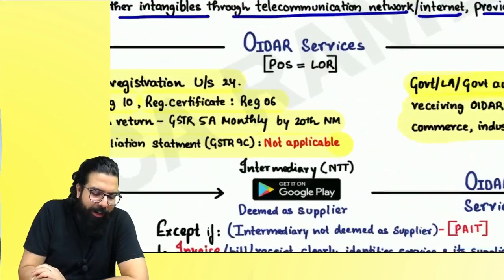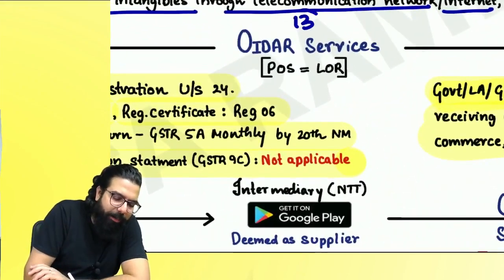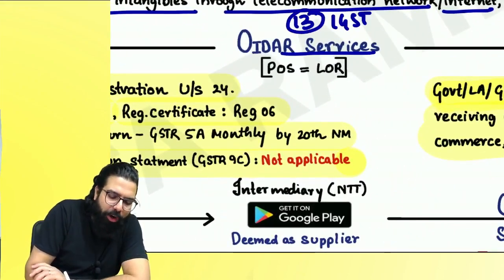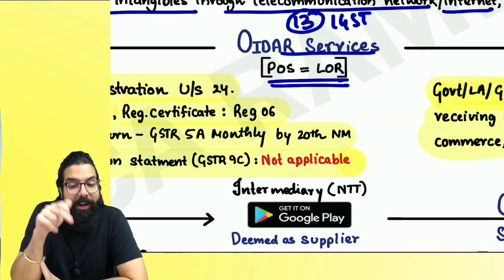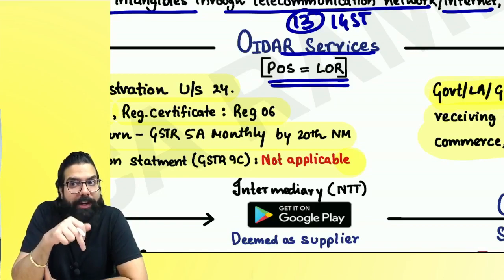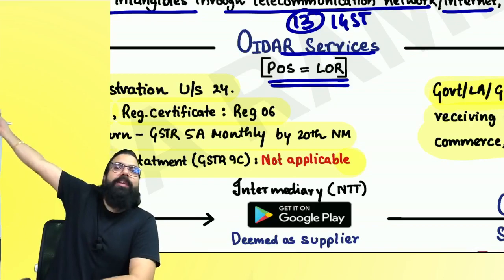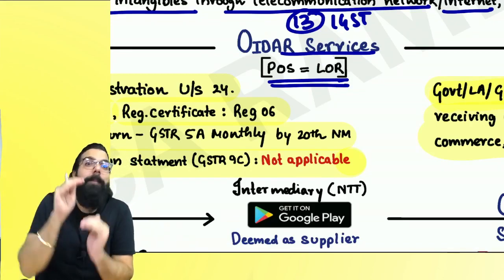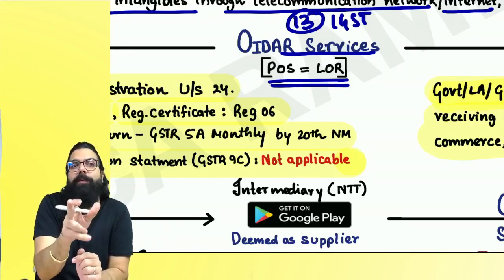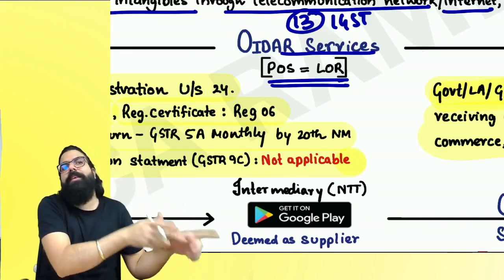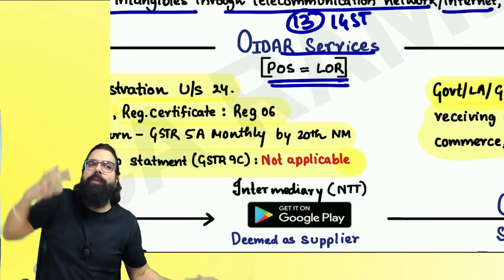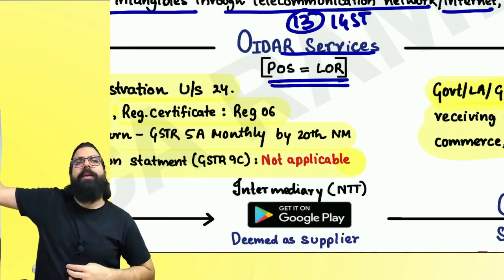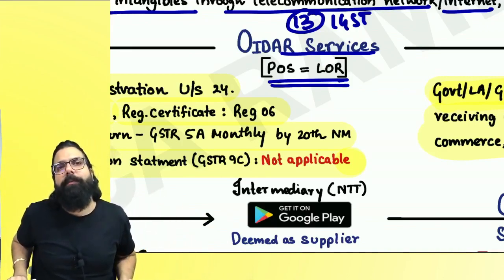And you know what? When I taught you section number 13 of your IGST Act, I told you OIDR services' place of supply is location of the recipient. It means if OIDR services are provided from outside India into India, what is the place of supply? India. Supplier is outside India, recipient is in India, place of supply is in India. It's an import of service. You are a business entity, you pay the GST under RCM. If you are not a business entity, they will collect from you. If you have taken it for non-business purpose, they will collect from you and pay it to the government.